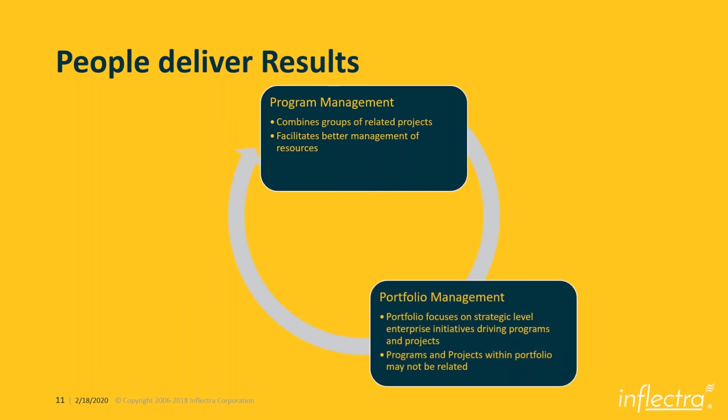And then on the portfolio management, we are actually looking at strategic level enterprise initiatives. So it's not just I want to introduce a CRM or I want to introduce a new tool to automate processes and things like that. It's a lot more about, we want to prepare for the next 5 years. So mergers and acquisitions, change management, bringing multiple technologies together, bringing people together. So multiple different initiatives go into place. And then programs and projects within a portfolio may not necessarily be related, because as part of, for instance, mergers and acquisitions, you may be bringing people and processes together. Some processes may be related, some may not be related, some may be retired. Some tools may not necessarily transfer. And so you are looking at all different things at this point. So that's the portfolio nature of the